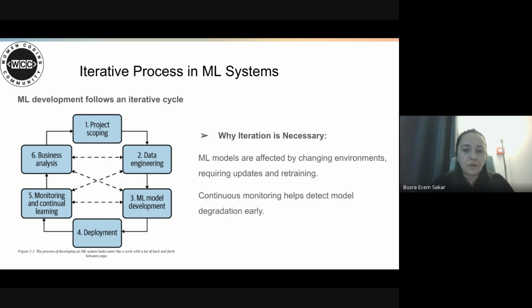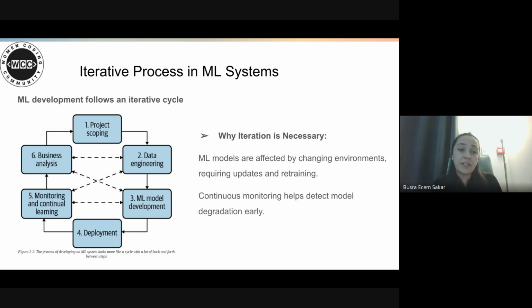The fifth one is monitoring and continual learning. In this step, we detect data drift, concept drift, and feedback loops, as we talked about before, and we try to automate retraining of the model if necessary.